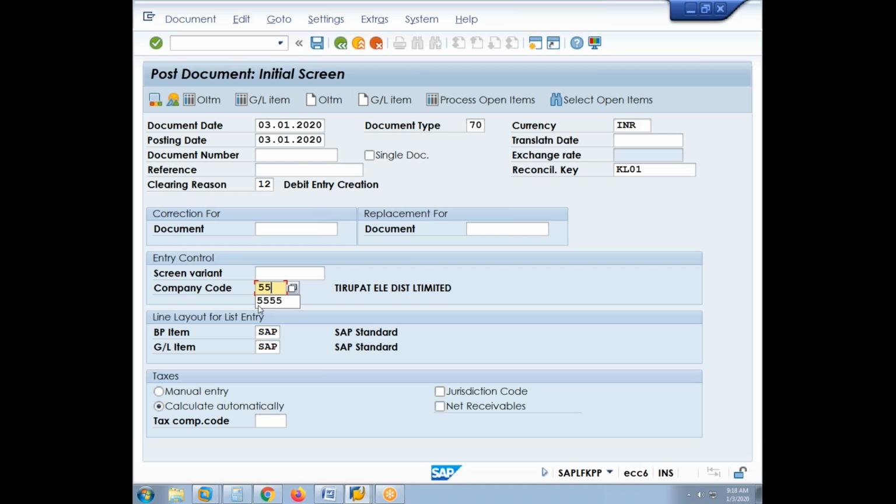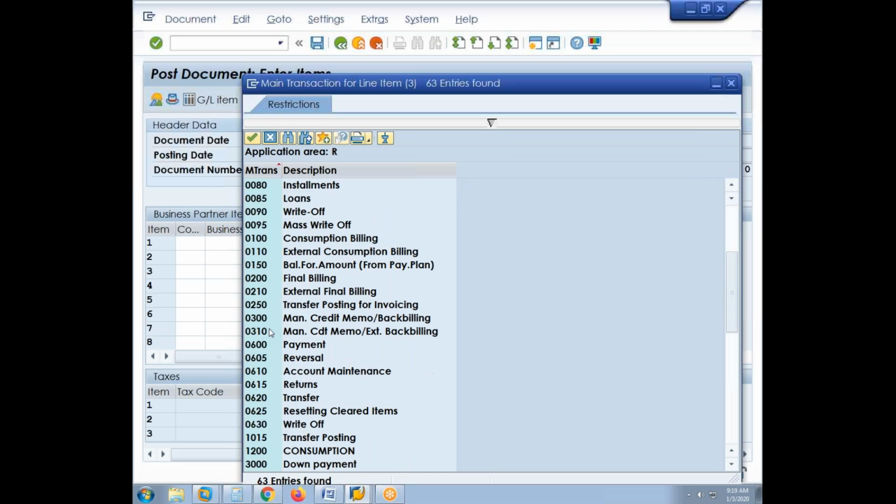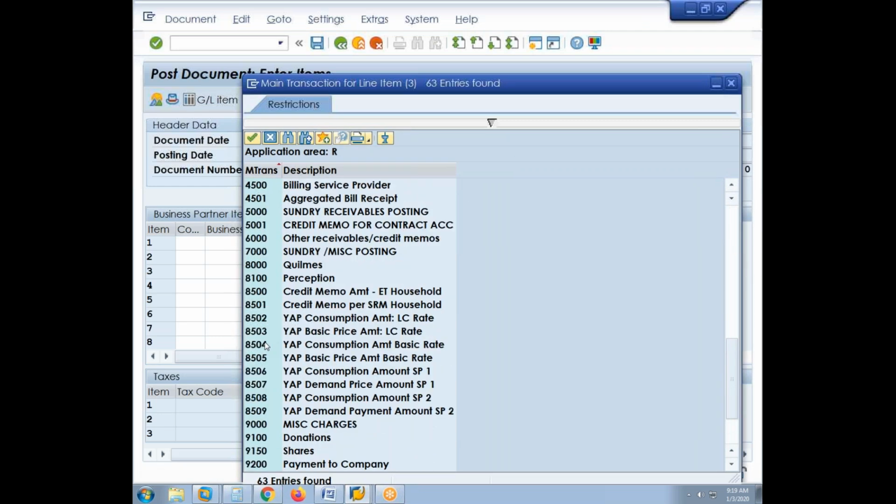We'll make it as 555. BP item is 50, and then open item. So our contract account is 5701. Main transaction is 5000 sundry receivable, and the sub transaction is 5001, 3000 rupees,